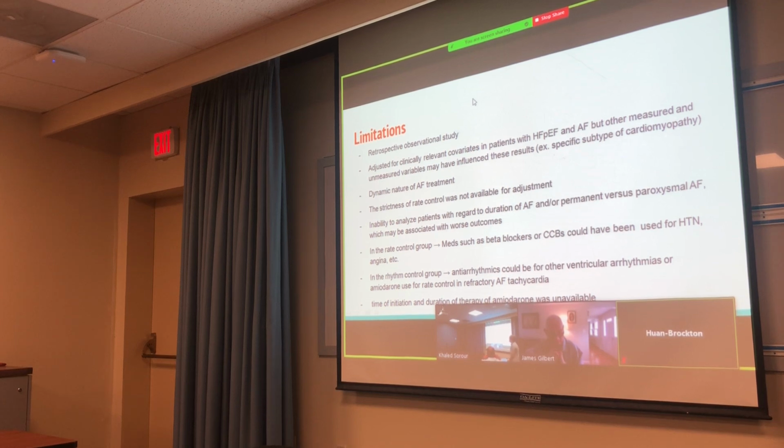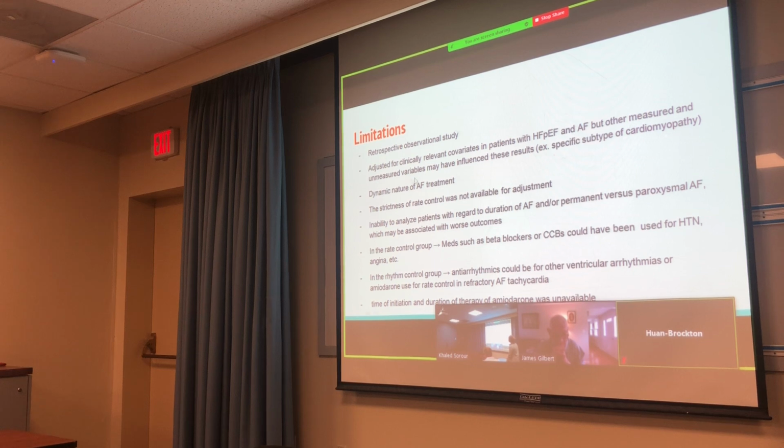So, this paper obviously has a significant number of limitations. First of all, it's a retrospective observational study versus a randomized control trial that we can really draw definitive clinical guidelines from. They obviously adjusted for all the clinically relevant covariates such as hypertension, hyperlipidemia, all those other kinds of comorbidities, but there are definitely some measured and unmeasured variables they weren't able to include, such as the specific subtype of cardiomyopathy or other sort of